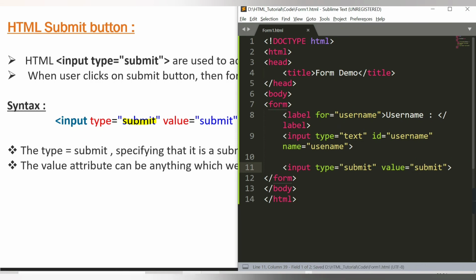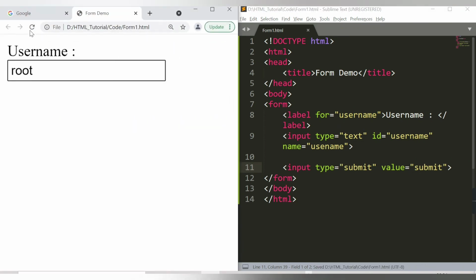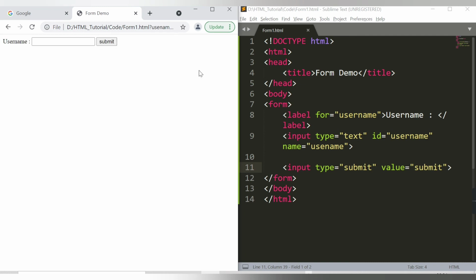Save this, refresh the browser. See, here we have username. You can type your username, and here we have submit. When I click on submit, nothing is happening actually, because we don't have any action in the form tag. We will cover that action in upcoming videos.